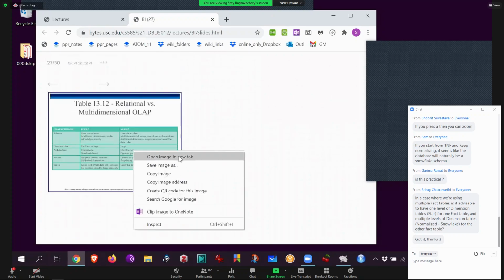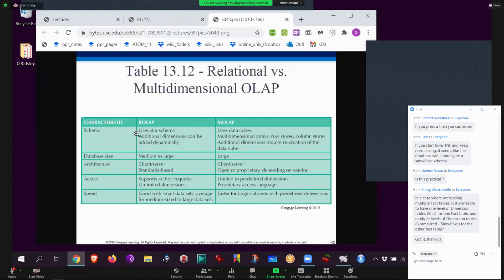And then this picture just tells you what we already said. Just a star schema, medium to large. You just ignore all this. This is the main difference. Data cubes, custom built data cubes. Yeah, okay. And it's all proprietary. You write your own C++ for it.